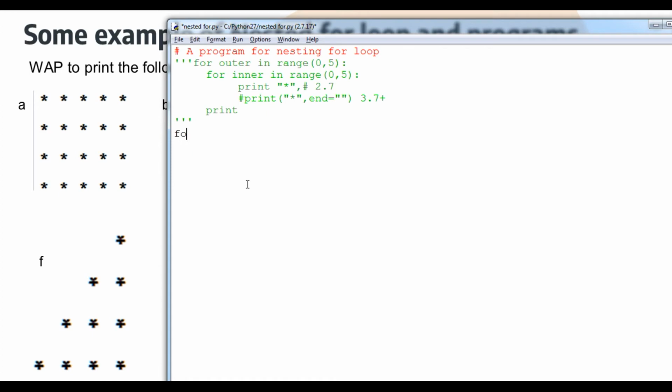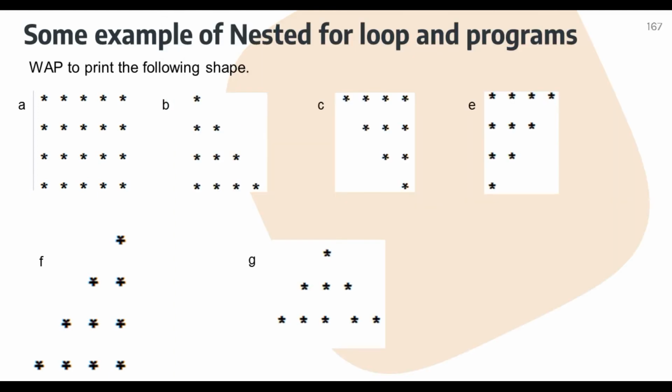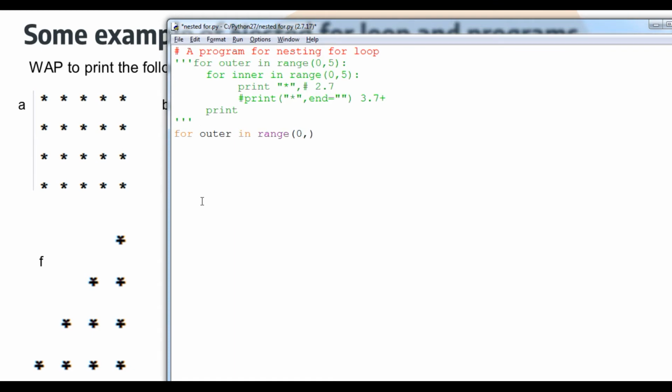Okay, so what I'm going to do, I'm going to print for outer, that is in range. So here I have to count how many columns of asterisk are there. I say row star 1 2 3 and 4. So here from 0 to 4, from 0 to 3 is considered as 4, okay, 4 times. So here again for inner loop, inner range, inside that if I type the same thing like 0 to 4, it will again form a particular rectangle like this. So we will do that step by step.